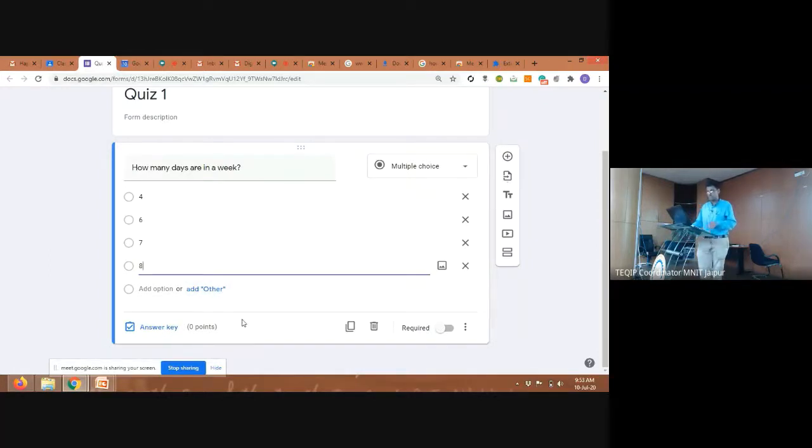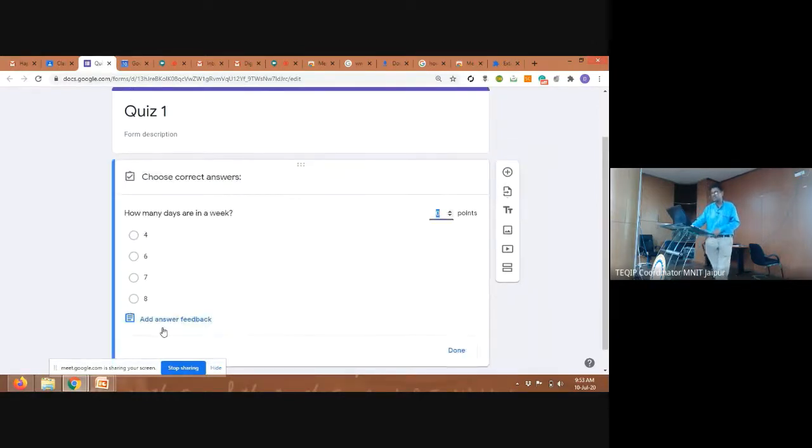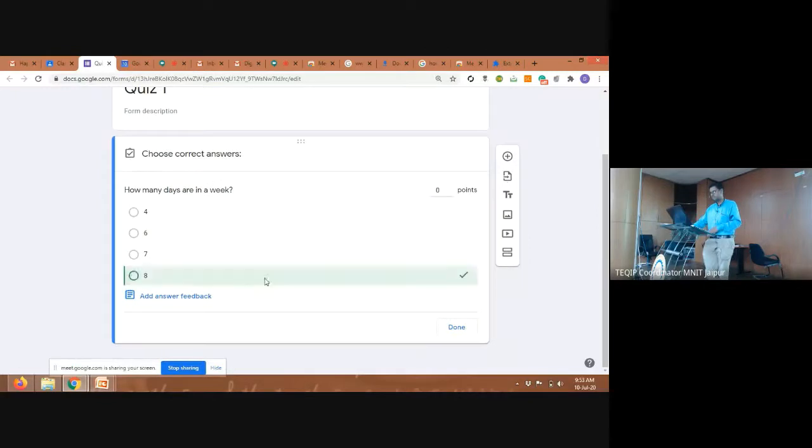For that, you will have to assign the weight to this question: if someone gives the right option, how many marks the student will get. For that, you click on this answer key. You select the correct answer first, and then how many marks, let us say 1 mark, I can enter here, and done.